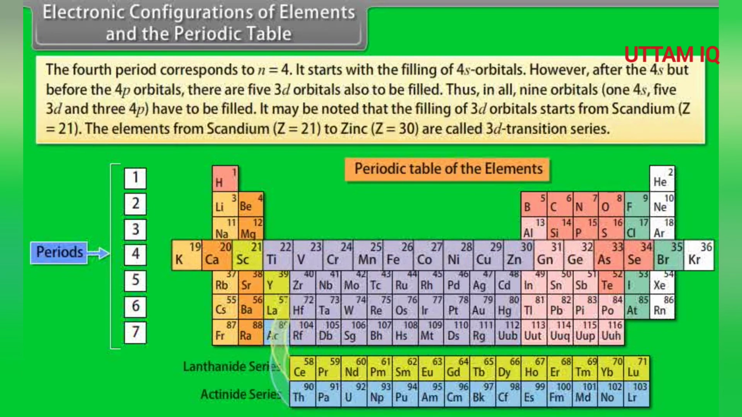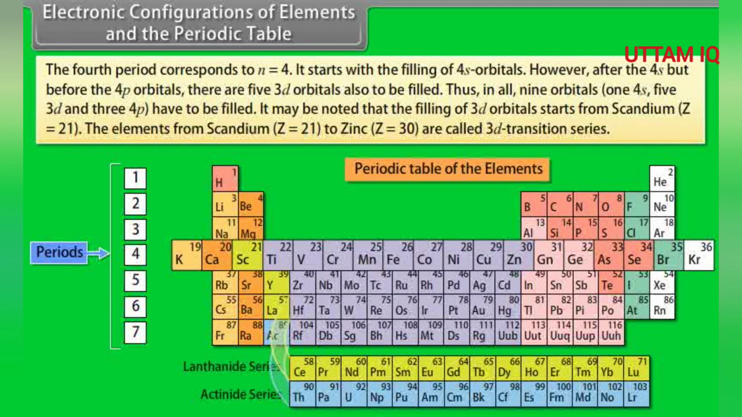The fourth period corresponds to n is equal to 4. It starts with the filling of 4s orbitals. However, after the 4s but before the 4p orbitals, there are 5 3d orbitals also to be filled. Thus, in all, 9 orbitals, one 4s, five 3d and three 4p have to be filled. It may be noted that the filling of 3d orbitals starts from scandium, atomic number is equal to 21. The elements from scandium, atomic number 21, to zinc, atomic number 30, are called